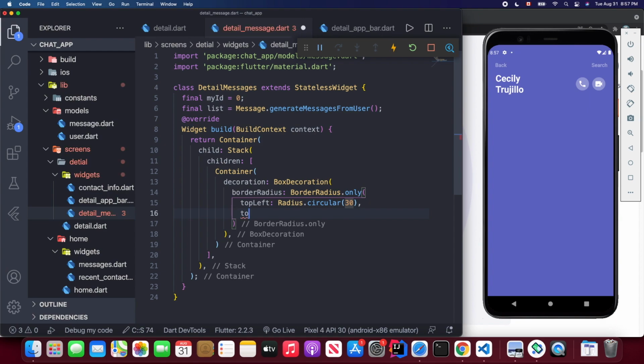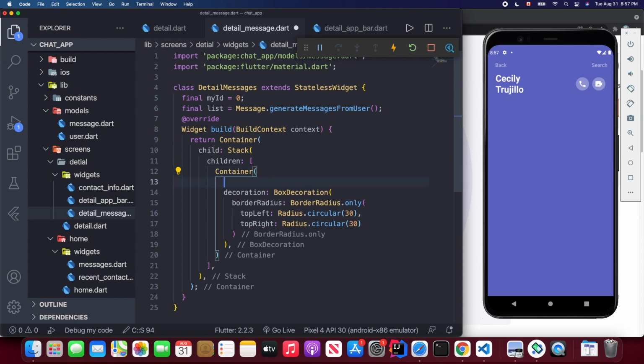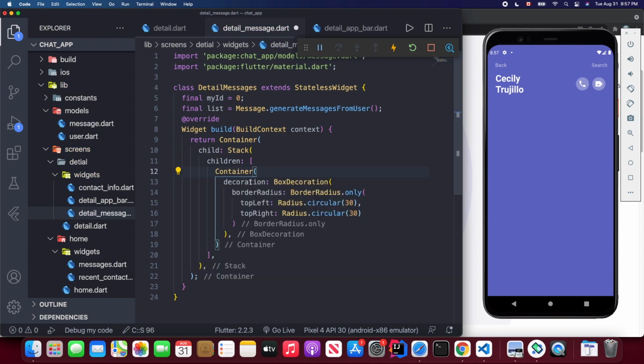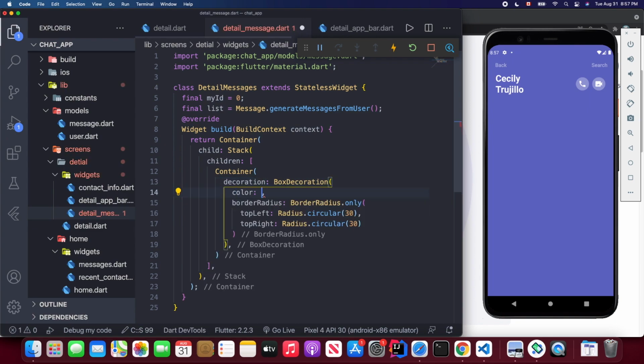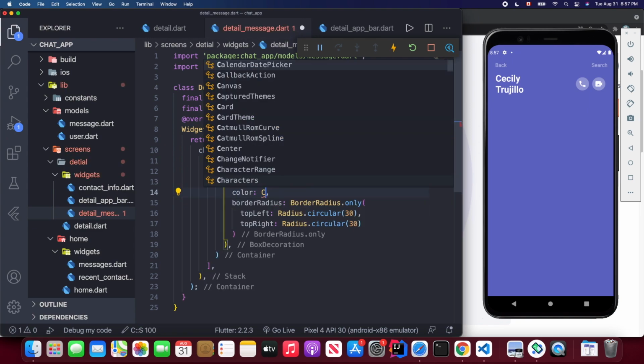Same for the top right, set to 30. And then we're going to change the color for this container. Because you have this decoration, the color we must define inside this decoration, so change to colors.white,